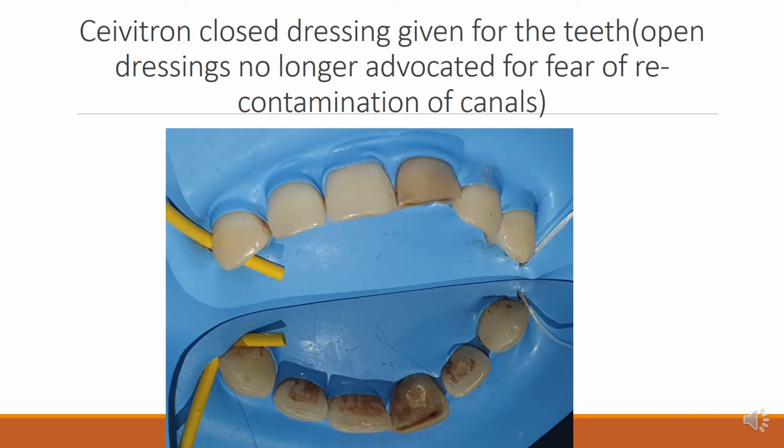Once the cleaning and shaping was done, we preferred to give a closed dressing. This closed dressing constitutes your intracanal medicament, that is your calcicure, that is calcium hydroxide, and a cotton pellet, so that the cavitron, that is your closed dressing, does not enter into the pulp chamber and seal it off. Once cavitron sets, it becomes quite hard, so retrieval from the canal is going to be really difficult. To block off the canal, we place a cotton pellet, and then we give our cavitron, which is nothing but zinc oxide eugenol.